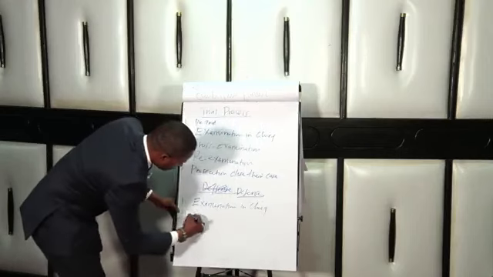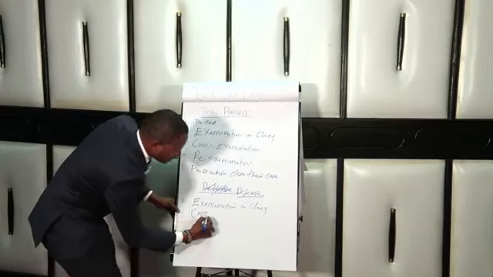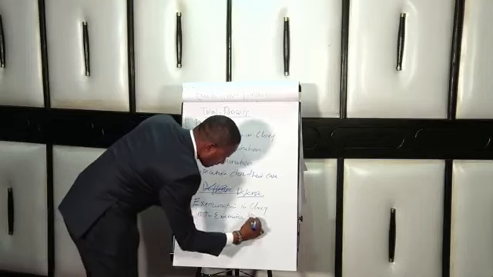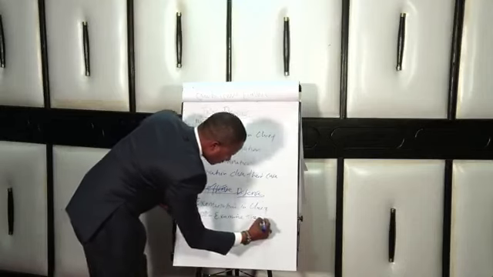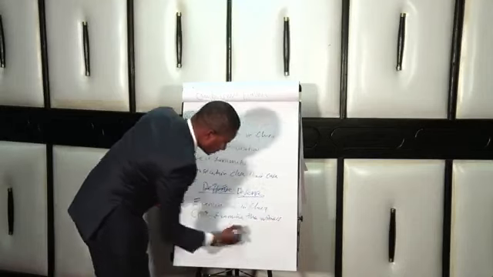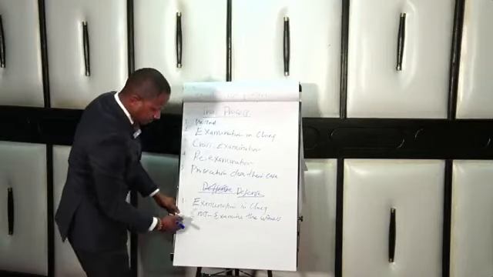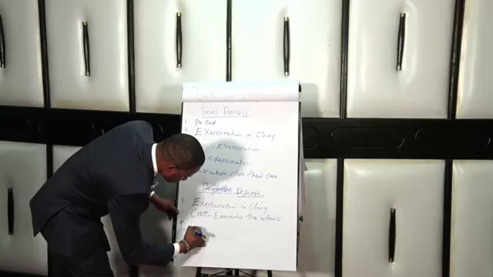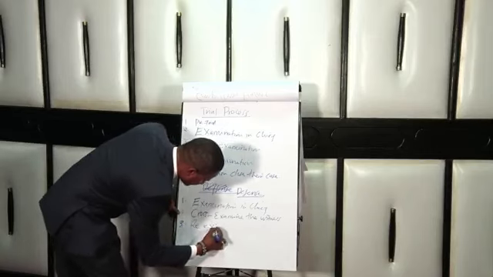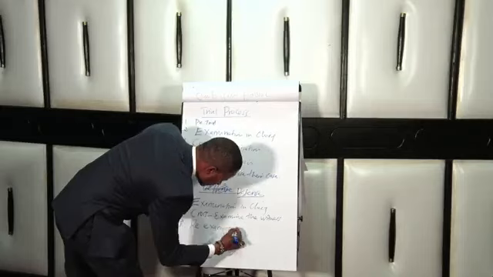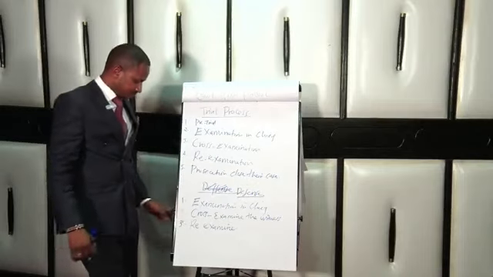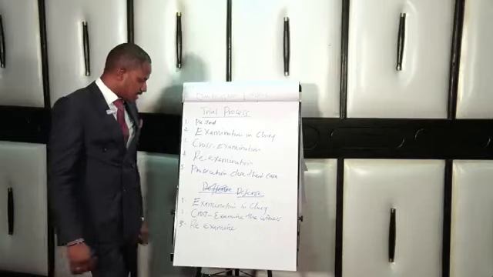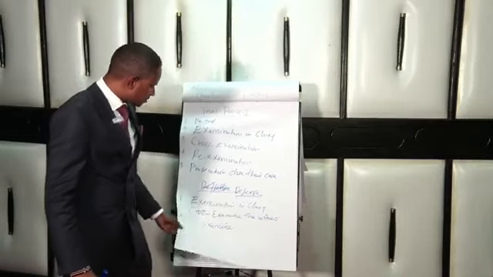Then after that, the prosecution will cross-examine the witnesses. This is done by the prosecution. Then number 3, the accused person's advocate will re-examine the witnesses. Then the defense will close their case. After the defense has closed their case,